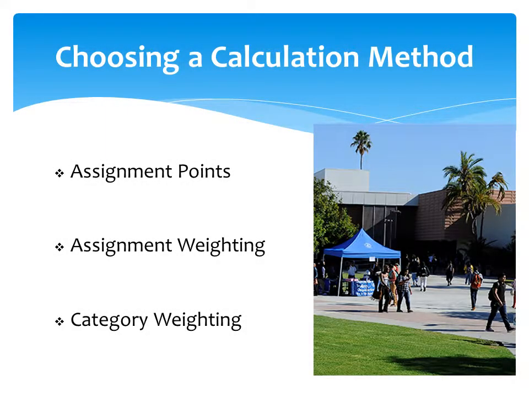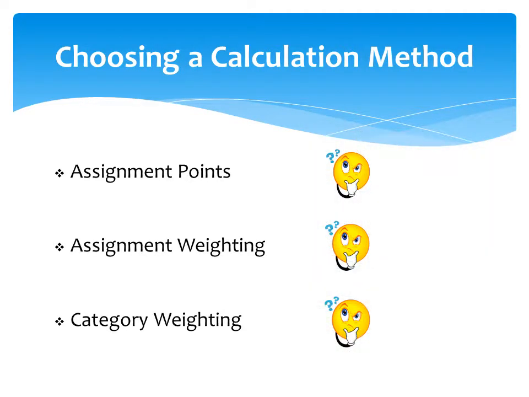The three choices for calculation method in Gradebook are assignment points, assignment weighting, and category weighting. Now, they may seem interchangeable, but these calculation methods can actually produce different overall grades. I'll go over this in more detail in the following slides, but just as a quick example,